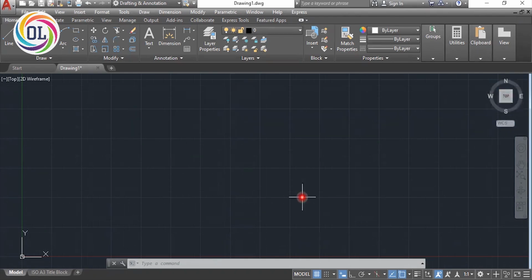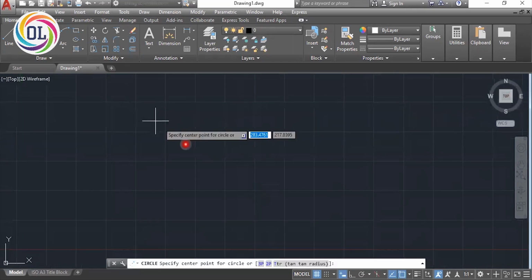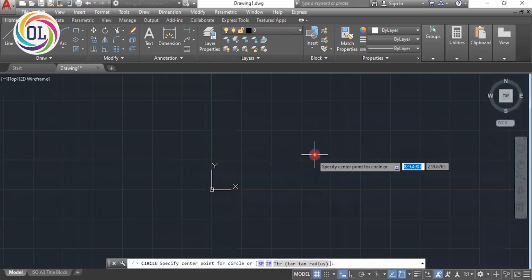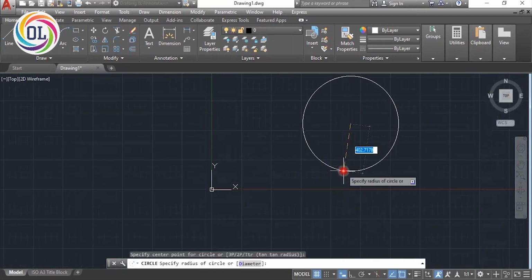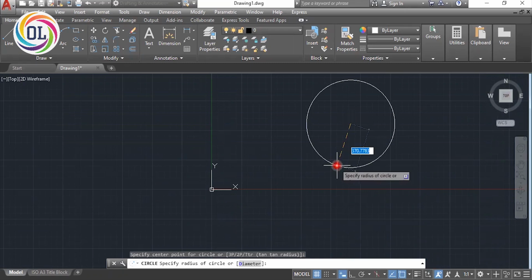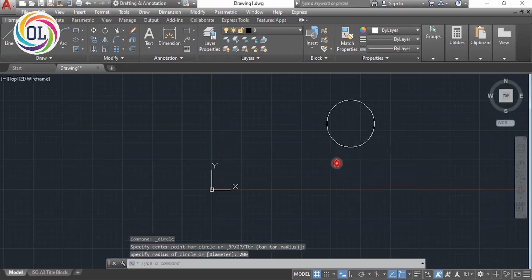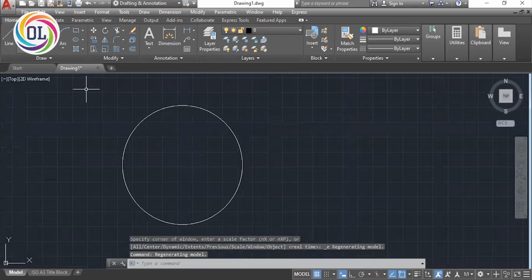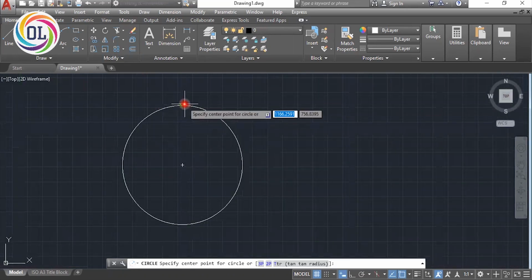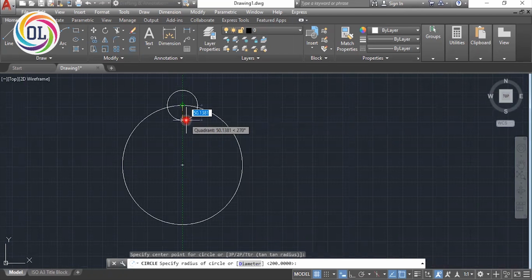So let's try some basic examples with AutoCAD. AutoCAD is a very precise software.